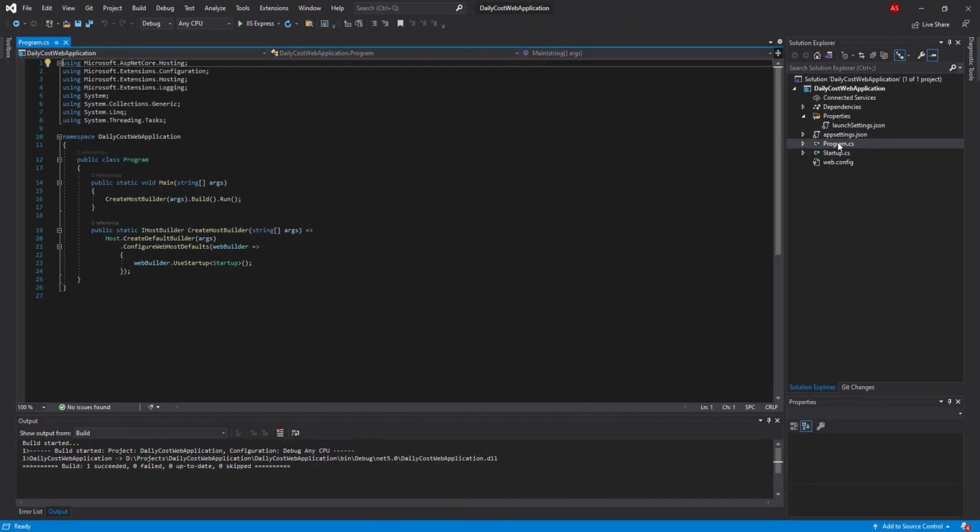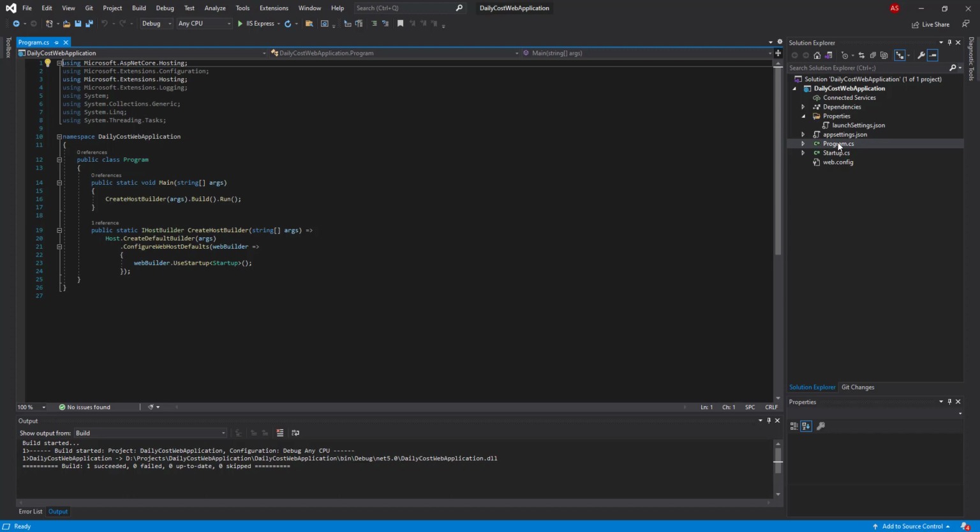Now you can see the structure of the Program class. It looks like a console application. It has a main method. The main method is the start point of this application, and when this application is executed, the main method will automatically be called as the start point, and when the main method executes,